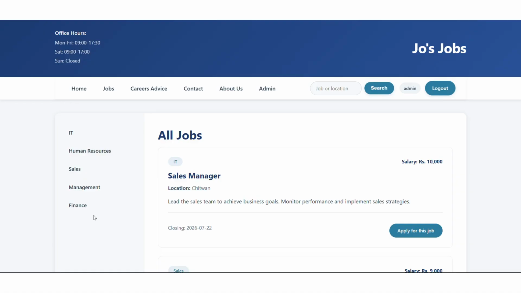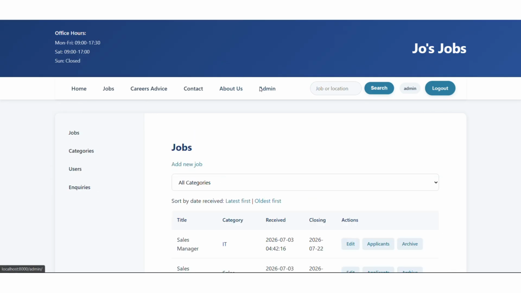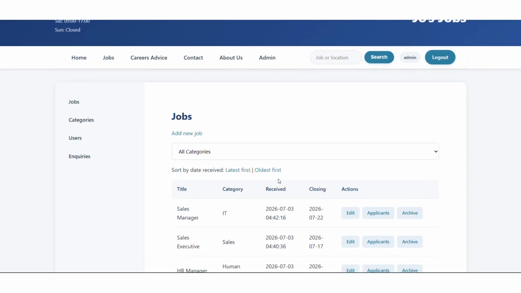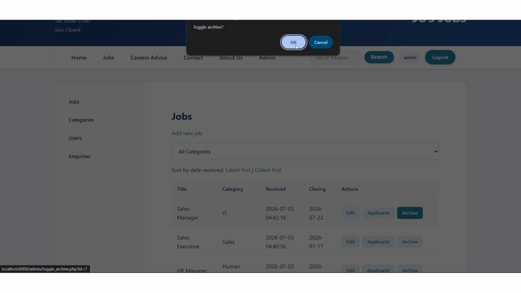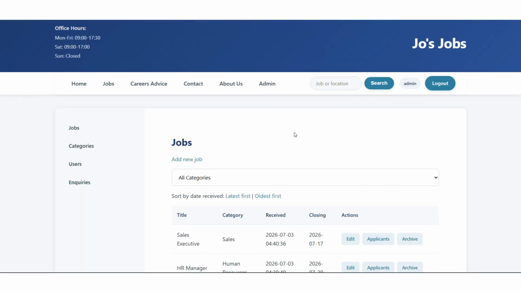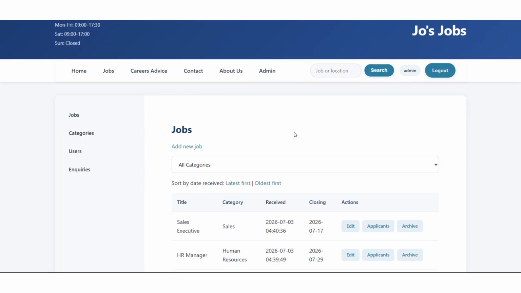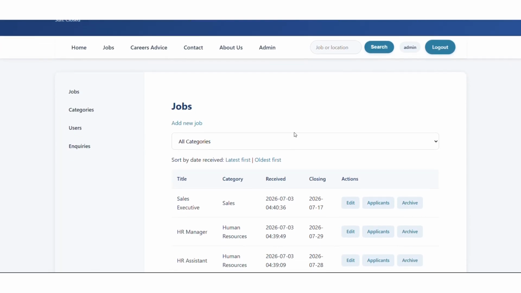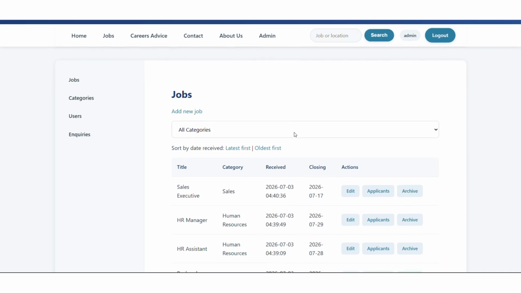Now let's move to archive and unarchive job. The archive job feature allows administrators and staff to hide jobs without deleting them. The job now shows an archive tag and is hidden from the public site.